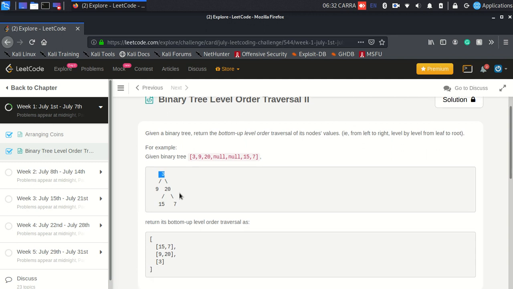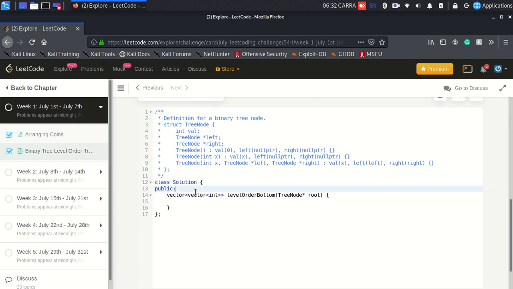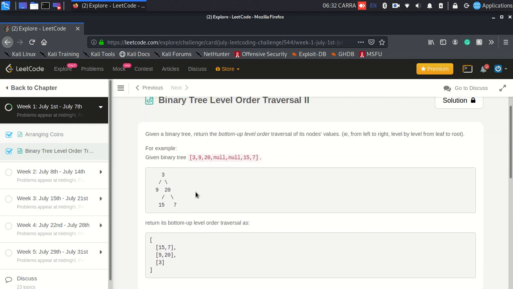If you find these types of questions, they are pretty much easy. You need to traverse the binary tree, but you have to traverse it in level order. So for every node, you need to know which level the node belongs to. So 9 and 20 will be grouped together by the node level of 2, because this is the node level of 1, this is the node level of 2. So 9 and 20 are grouped together by a particular key. The key value is the level value, which is 2 or 3 or 1 in such cases.